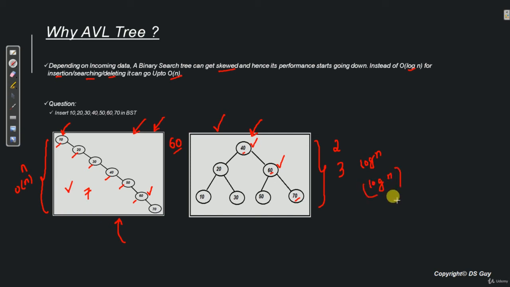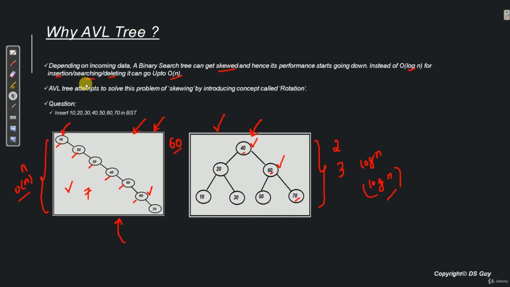So we clearly see that here we are taking order n time for search, and here we are taking order log n for search operation. So this is how AVL tree is helping us, that is reducing the performance from order n time to order log n time. Now how does the AVL tree make sure that the tree is always balanced?